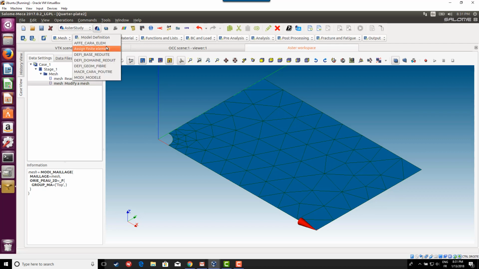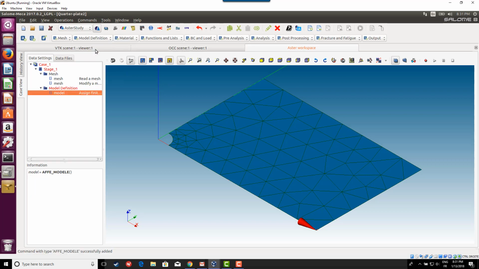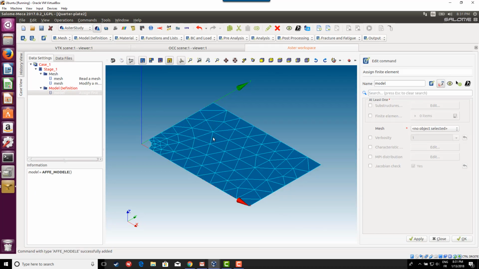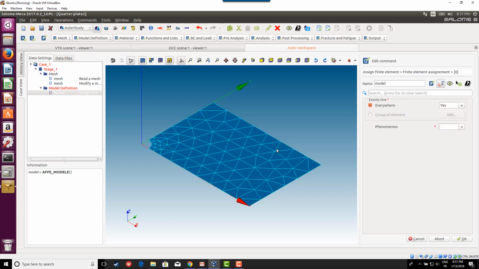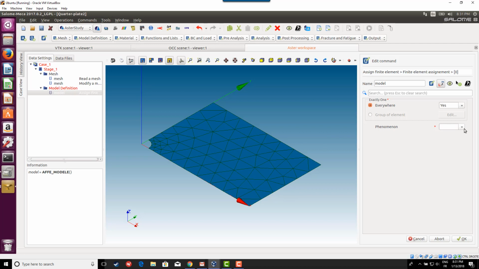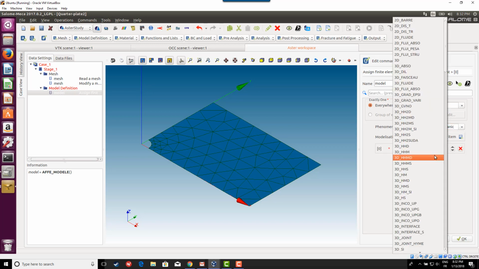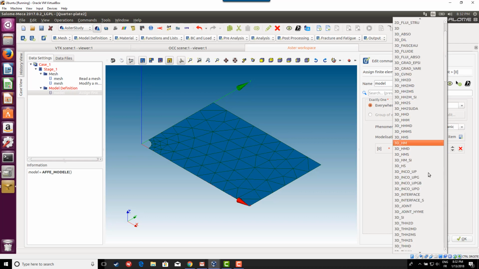Second step, model definition. So you have to assign a finite element model. So you have to basically tell that you will do mechanical linear static analysis. So let's select the finite element model, and here you have all the mesh elements, and here we are using mechanics, and the modelization is the way we actually model that. So there are a lot of selections, as you can see. We can model it as a 3D, as a 2D, as a 1D element. Here we have a 2D plane,